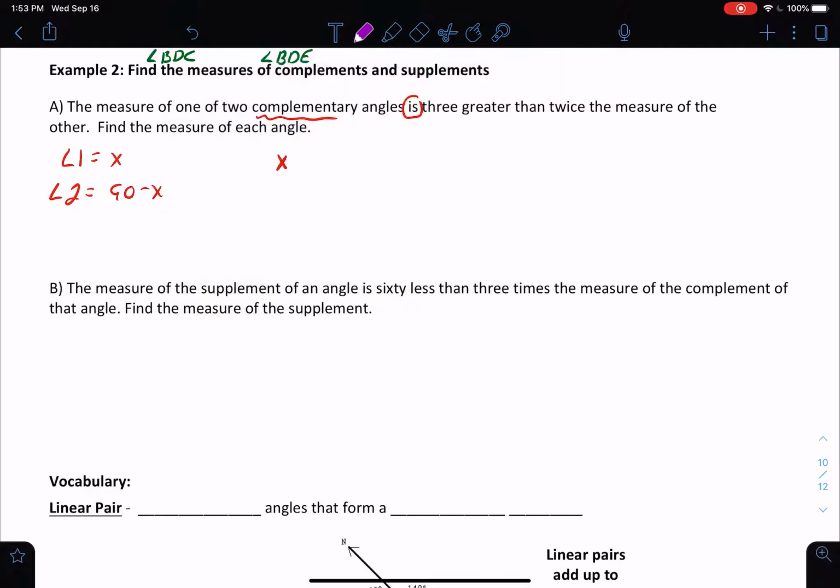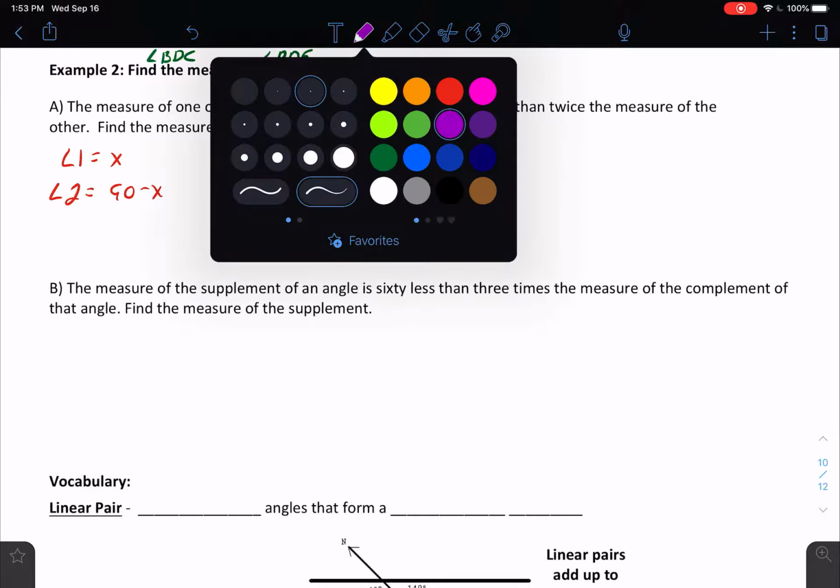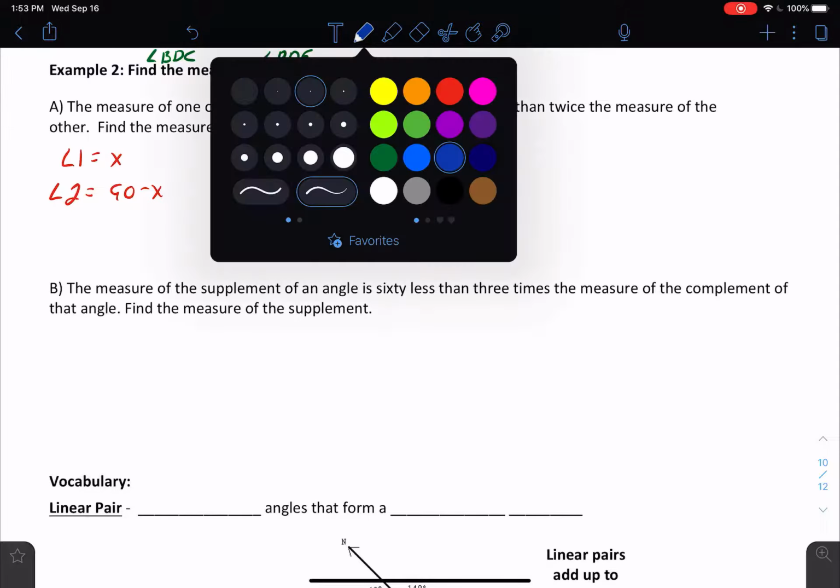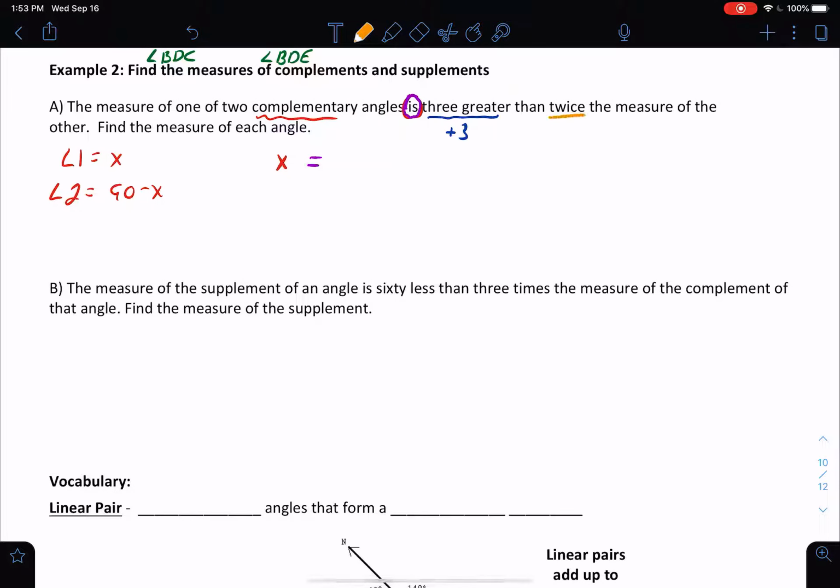I'm going to get a different color for each of these parts. "Is" is another way to say equals. So one of the angles is equal to 3 greater than twice the measure of the other. Now this is where we really got to break it down. 3 greater, we could also say 3 more. So we're going to be adding 3. And then we're taking twice the measure of the other. Twice is 2 times something. The measure of the other